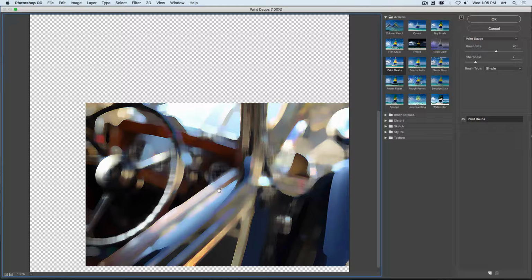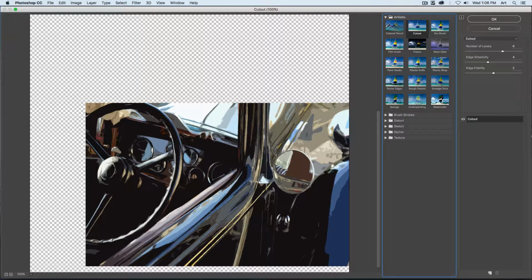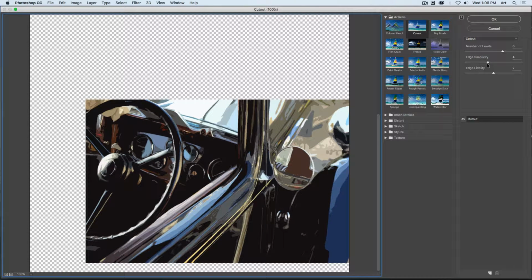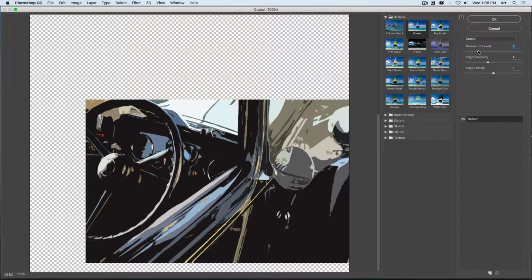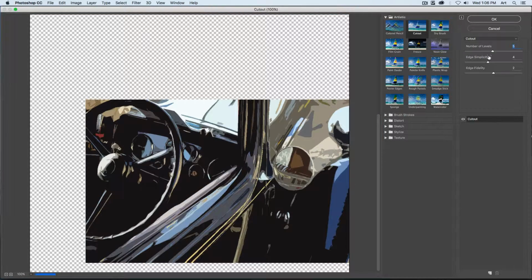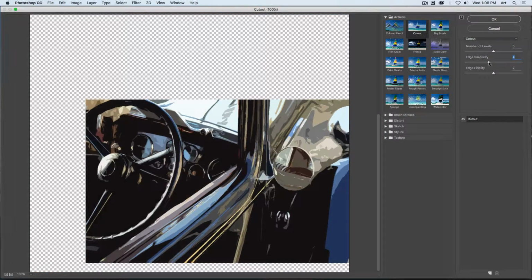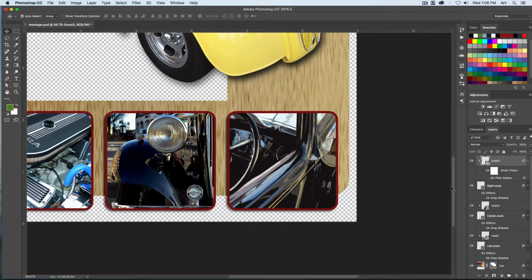You can play around with these. The filter we're going to use is under Artistic and choose Cutout, and this will give it kind of a cutout effect. Changing the number of levels will give it a different view of it. Notice how it changes up that. You play around with that to get an adjustment that you like, and when you say OK,